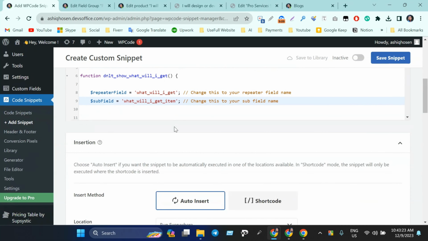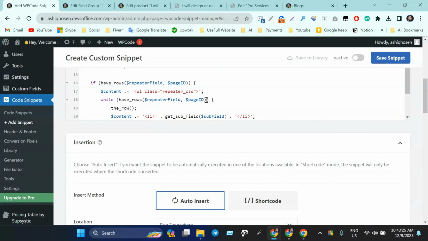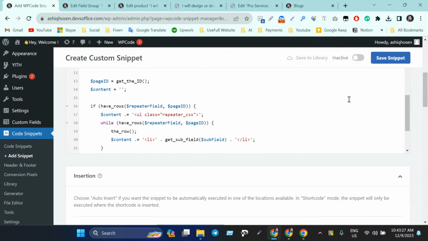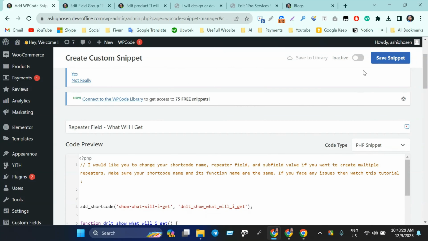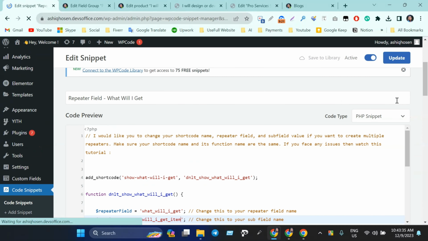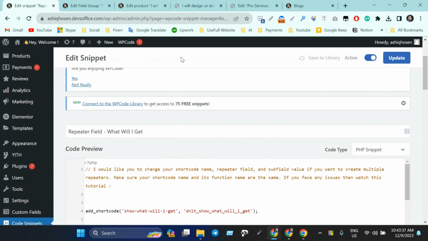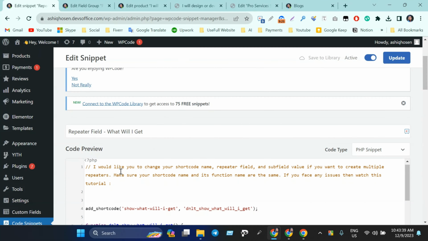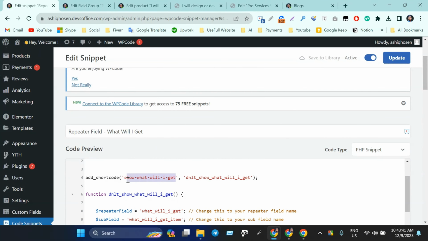Now here if you scroll up, sorry, let's test it now. Inactive, sorry, active, and save snippet. Great. Now where I want to show it, this is our shortcode. Let's copy this one,